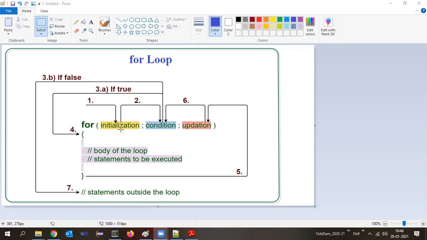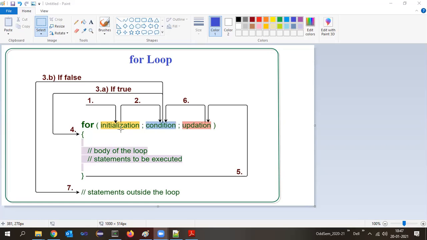How to understand? First, once it enters into the for loop, think about what happens in the while and do while. Initialization works initially, before the while. The same thing here. Once it enters into the for, initialization will work, meaning the statement related to the initialization will be executed. Once the initialization statement is executed, then the control will go to the condition.